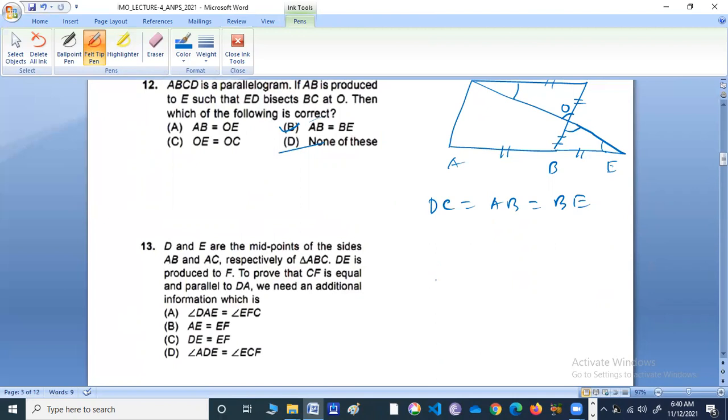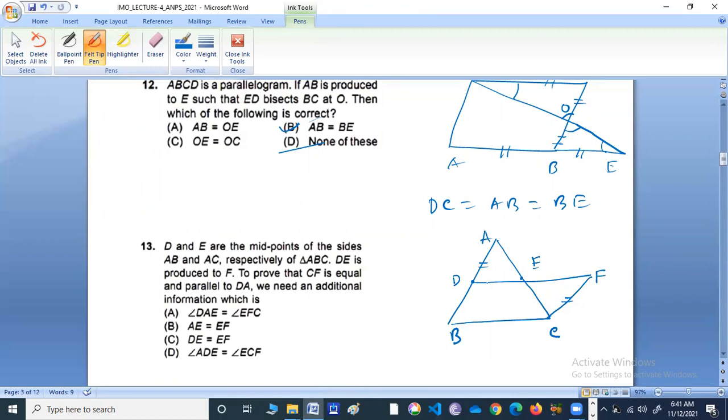So D and E are the midpoints of the sides AB and AC. So A, B, and C. Midpoints of the sides AB and AC. D is the midpoint of AB, E is the midpoint of AC. DE is produced to F. To prove that CF is equal and parallel to DA,